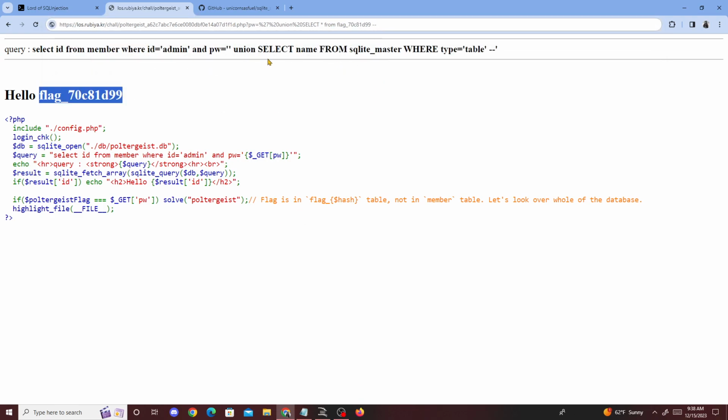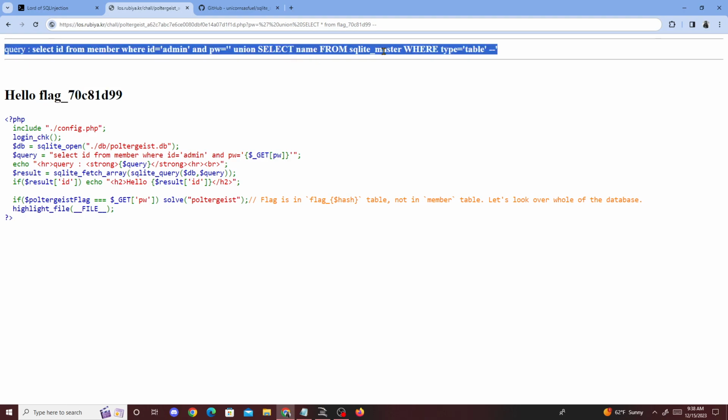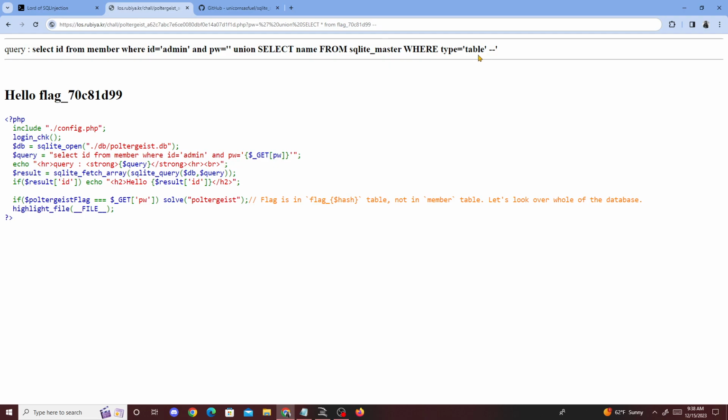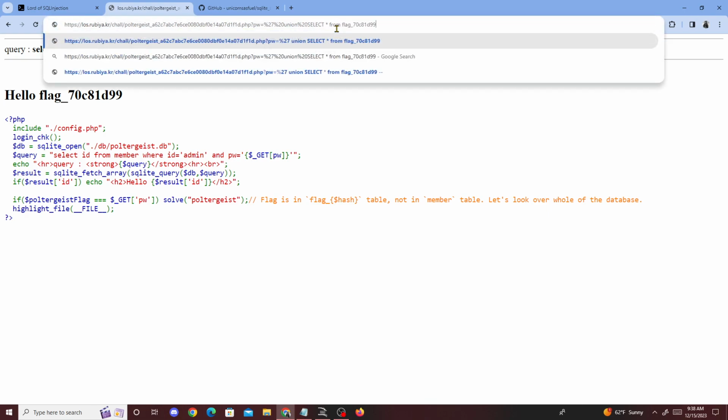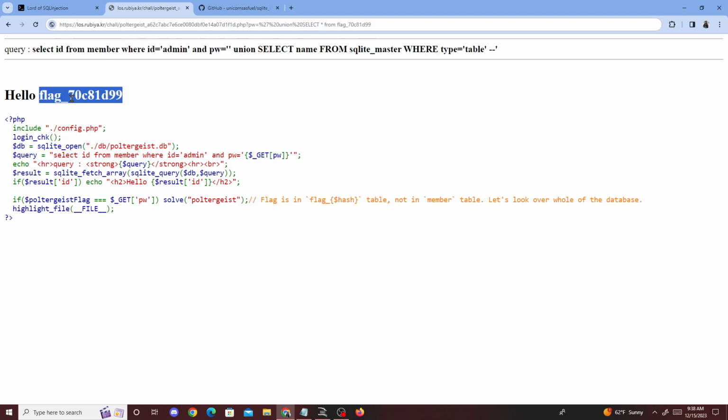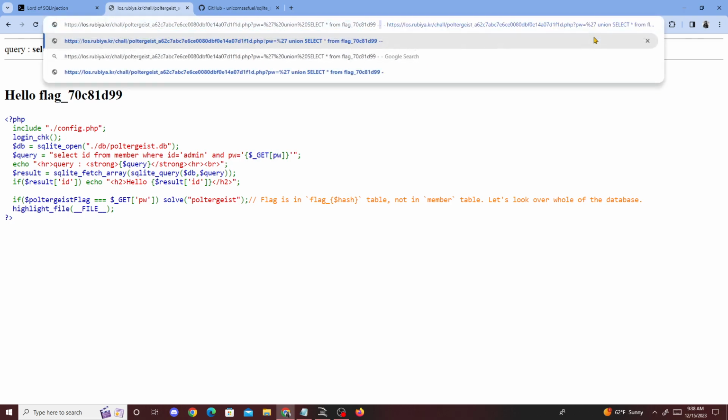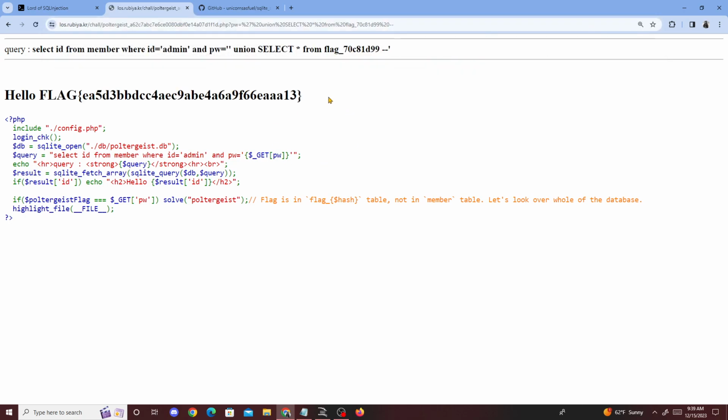Because like I said before, this selects the name from SQLite master where the type is table, and then after that this is commented out. So now we do that. We select from, and then I just copy the table. Right now I'm going to select all the values from this table, which is flag 70 that, and then I comment the rest of it out, and then we get the flag,